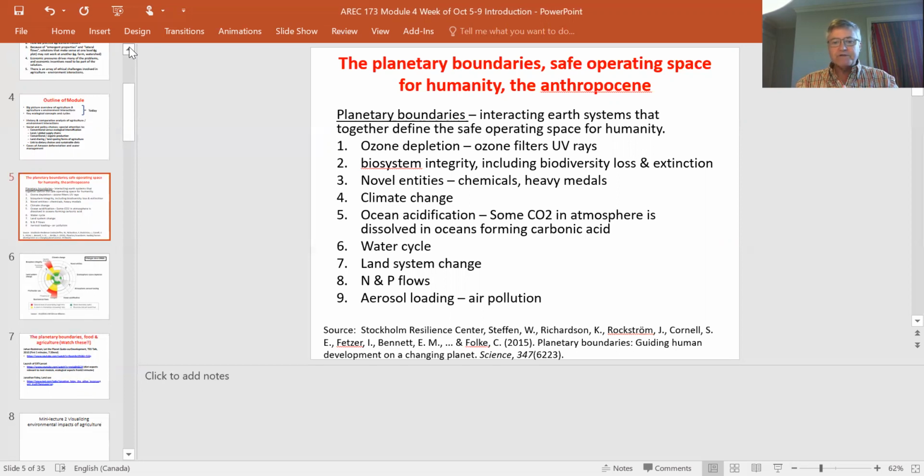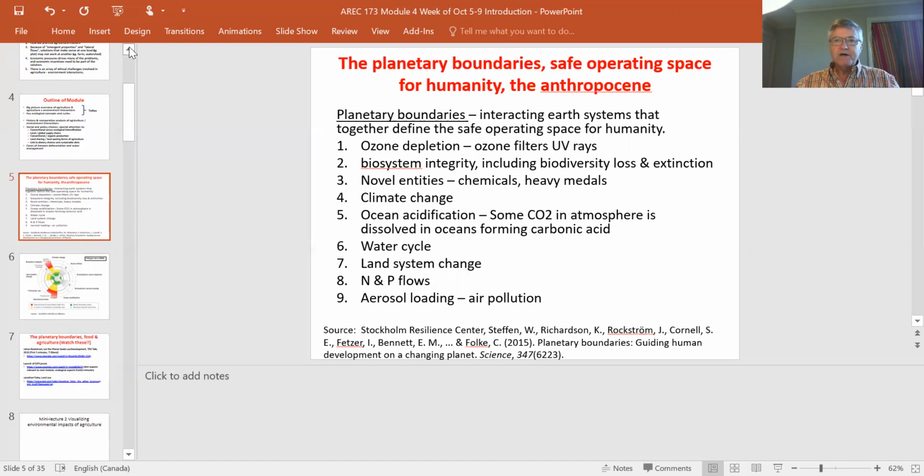This group from the Stockholm Resilience Center, particularly Johan Rockström and Will Steffen, have done a lot of thinking about that, and they've tried to simplify these very complex, multiple, global processes to this idea of what's the safe operating space for humanity relative to 9 big picture Earth systems. So these are the Earth systems that they have identified.